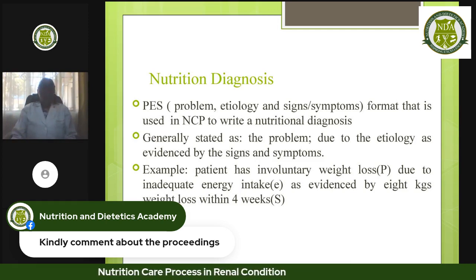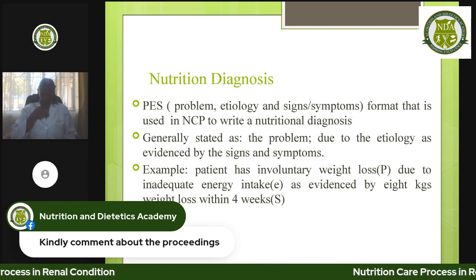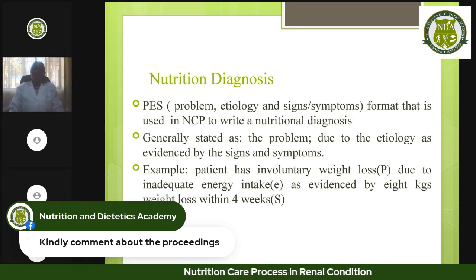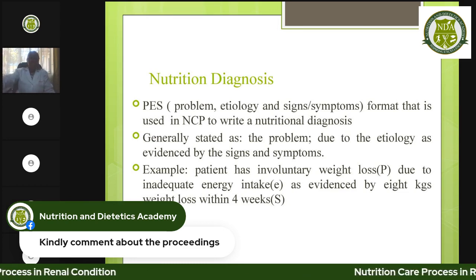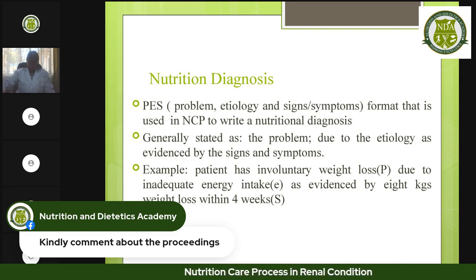Another example would be, let's say you've realized the patient has hyperkalemia. So your problem is hyperkalemia due to what? Maybe from the history, from the first step, you've realized the patient took one, two, three things, maybe